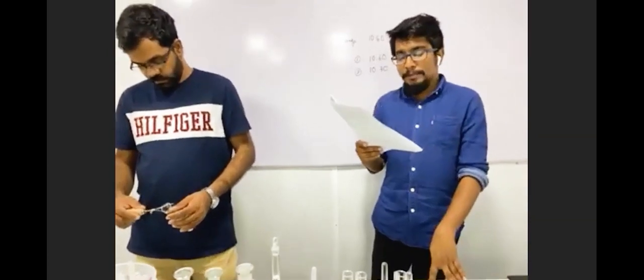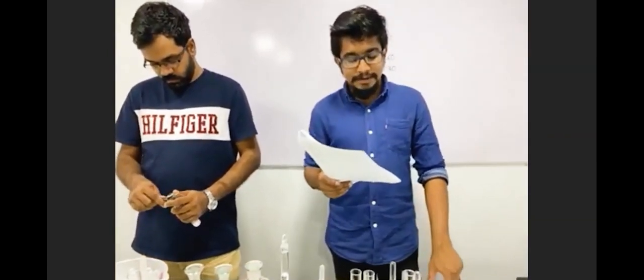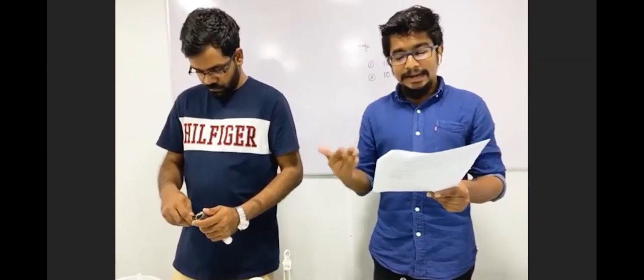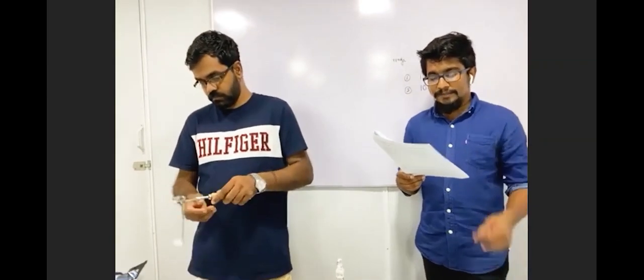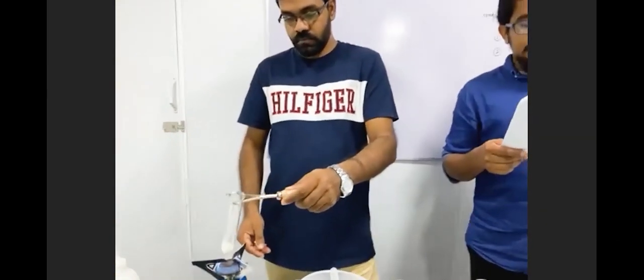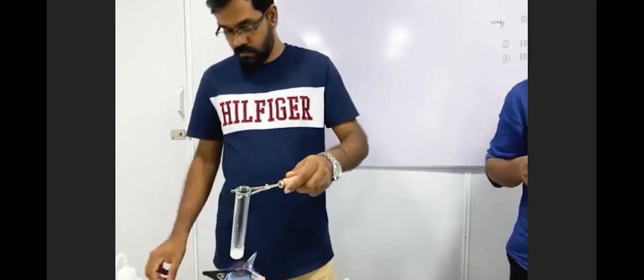So part B, Roman numeral 1. Now FA7 is a sodium compound containing an anion listed in the qualitative analysis notes. Now we know it's sodium, but we don't know what the anion is, right? So the cation is known, but the anion is not known. But the anion is listed in the qualitative analysis notes, that means in that list. So we're going to heat a small spatula measure of FA7 in a hard glass test tube. Let's observe that properly.